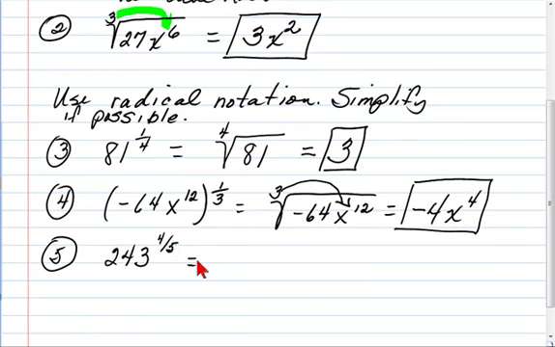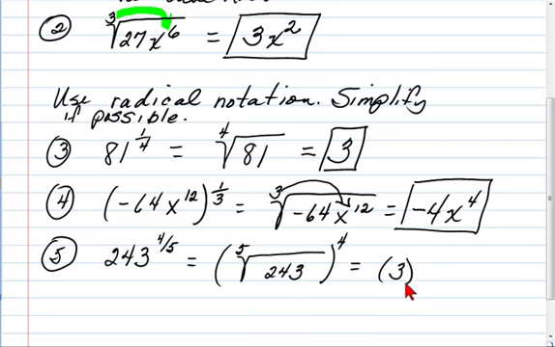Now there are 2 ways to do this. What I recommend though is that you take the 5th root of 243 so that you are taking the root of a number. Once you get that answer, raise it to the 4th power. You can raise 243 to the 4th power and then take the 5th root, but the numbers will be huge. Okay, the 5th root of 243. I think you can probably find this on your little chart. And it is 3. And we're going to raise 3 to the 4th power, and that's going to give you